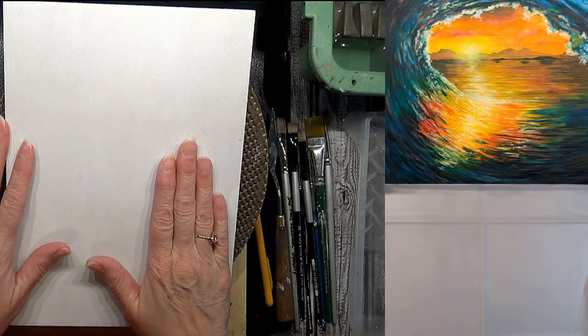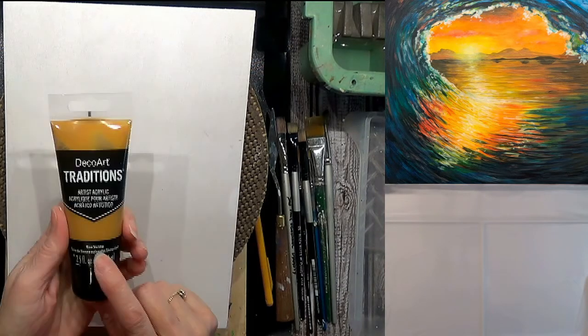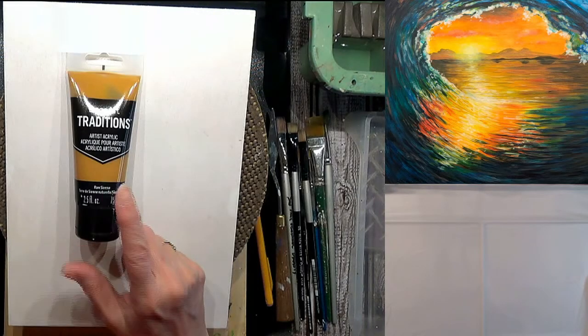So I'm going to show you the paints we're going to be painting with. We're going to be painting with DecoArt Traditions paints. They are probably my favorite paints to paint with. Such a nice creamy texture, and the pigments in them are just delicious. The colors we're going to be using are raw sienna, and they sell them in tubes like this now. They used to come in bottles like this. Now they come in tubes. It's a medium body acrylic paint. So we're going to have raw sienna and titanium white,